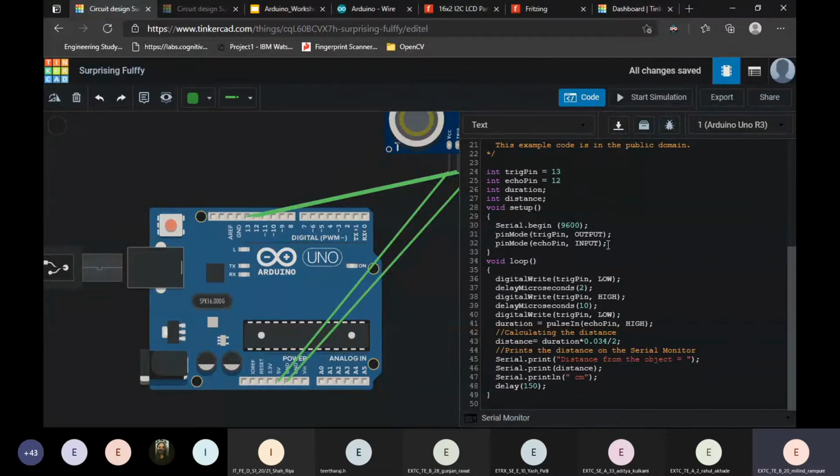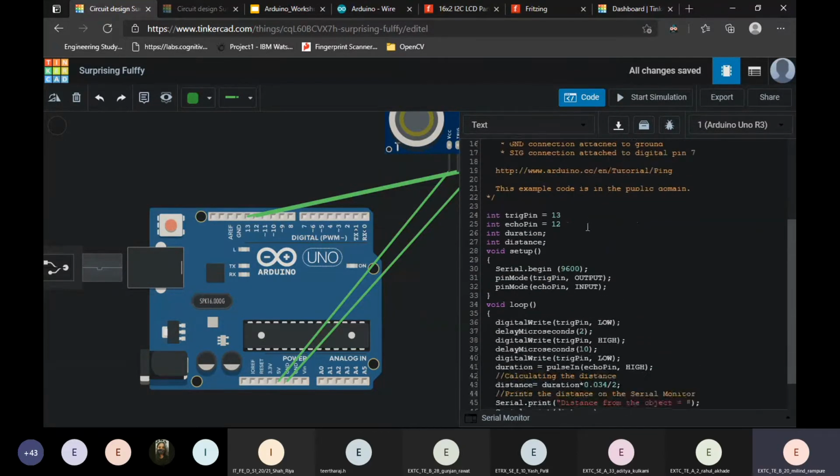Siddharth gave an example yesterday. He was using an LED connected to pin 13, and he set the LED as an output, not an input, because giving it as an output means the LED is shining.